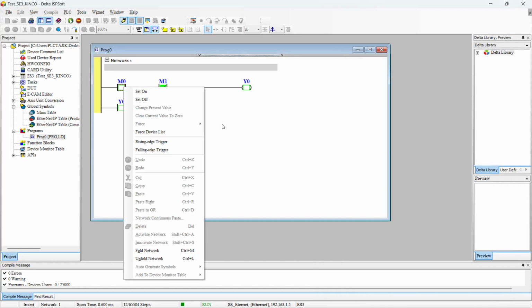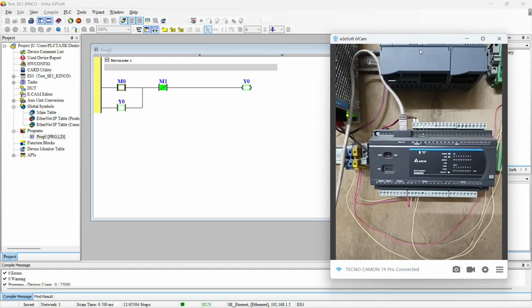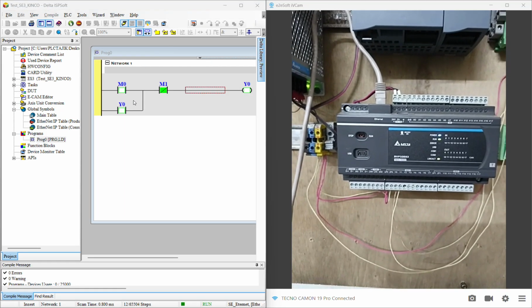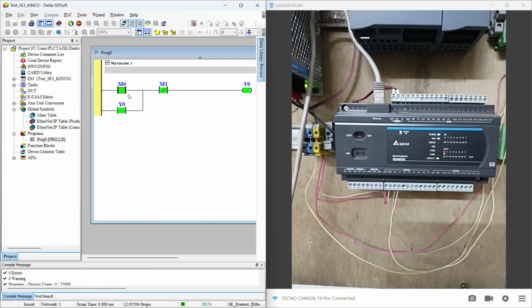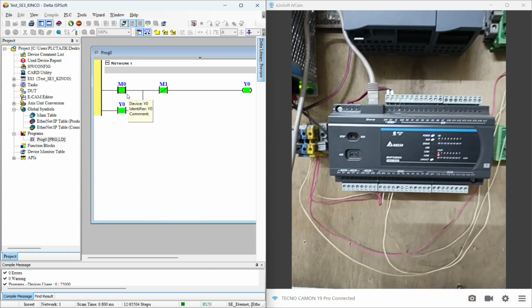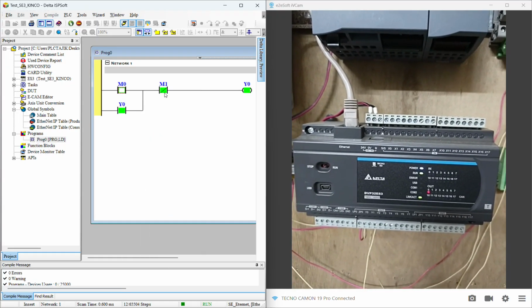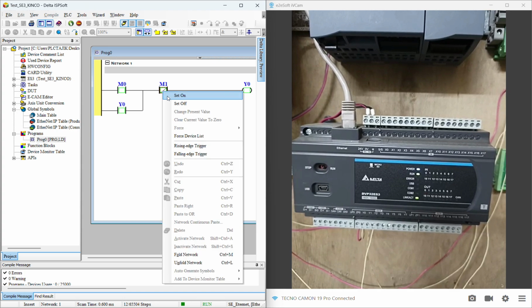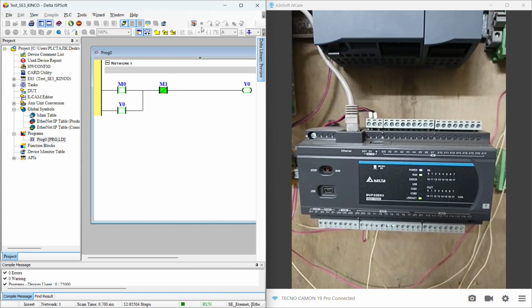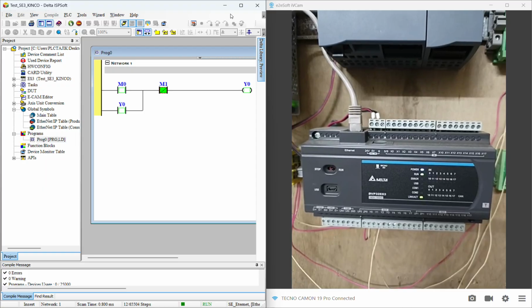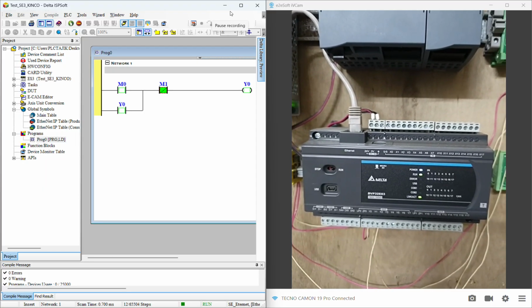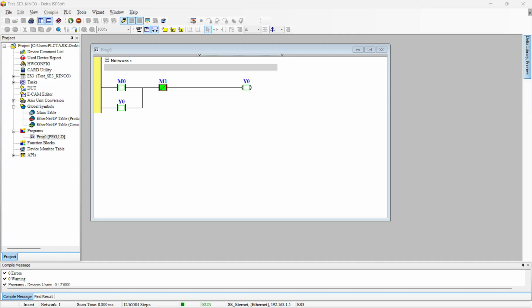Okay, I can show you here. Now Y0 is on, and now it is off. So this means my program is working correctly here. Now I need